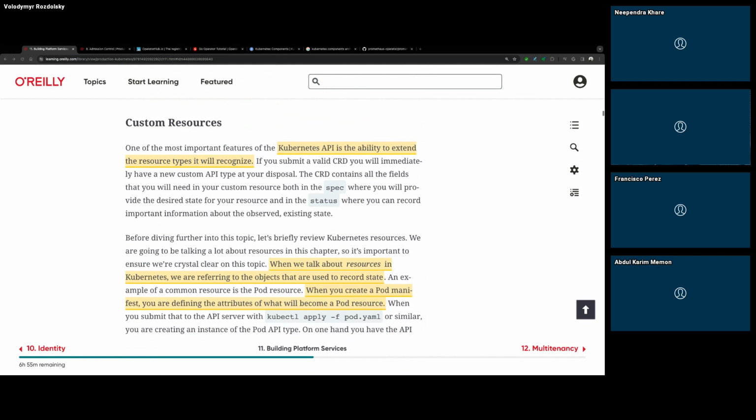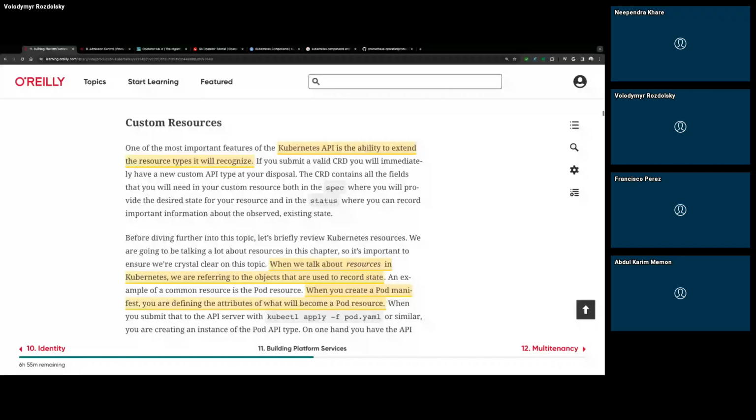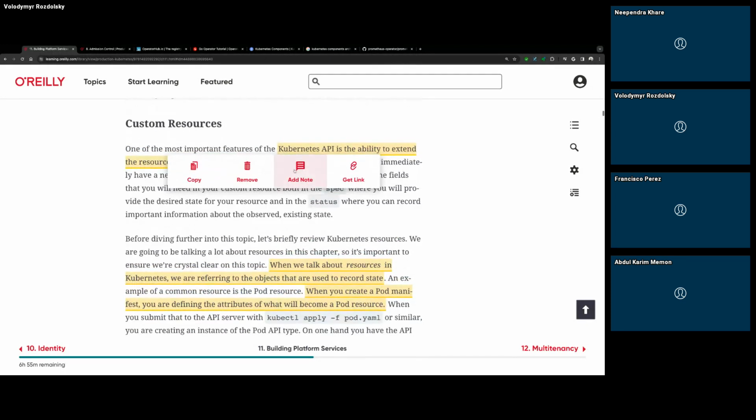So for example, like the way Valdemar was showing, on the OpenShift, you have this catalog, right? So you are an OpenShift operator and you want to deploy MySQL. So you go to this catalog and then you just click a button, and then something happens behind the scenes. Now, what's happening behind the scenes is something which is optimized by the professionals, and then it is deployed on your cluster or environment.